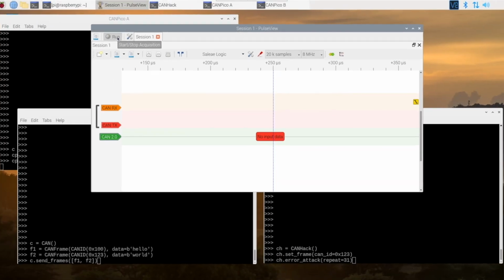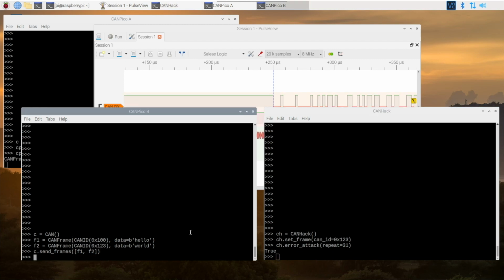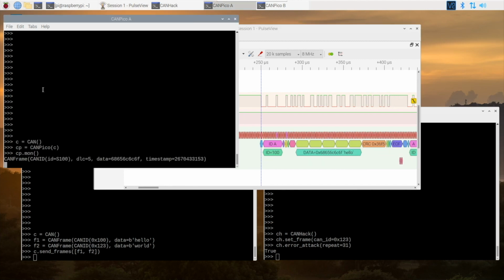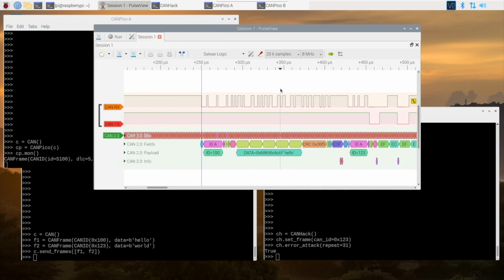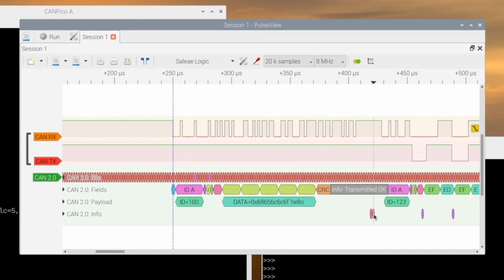So we'll trigger that, start the attack, and send those frames. So the frame with ID 100 has been received, and that was sent, no problem. And you can see the end of frame and then the transmitted OK event.